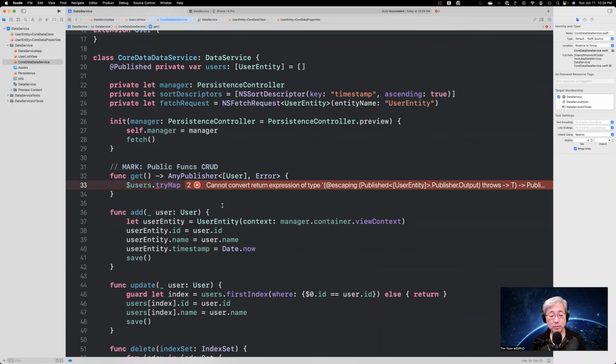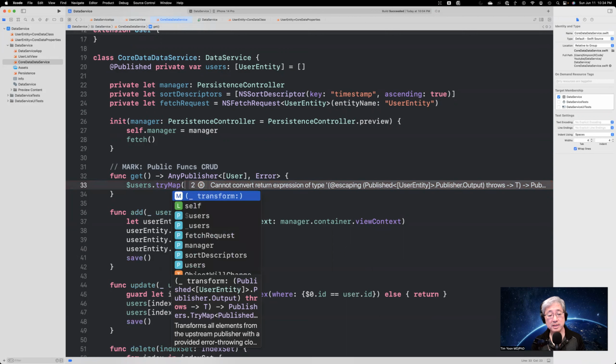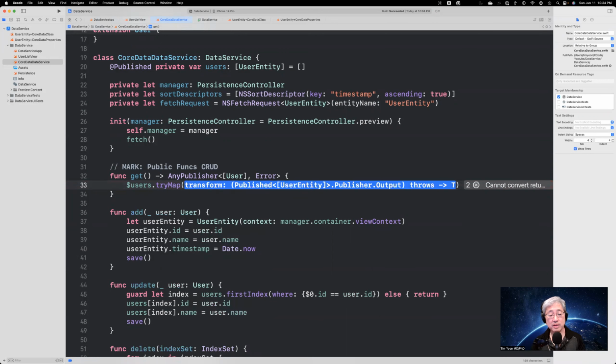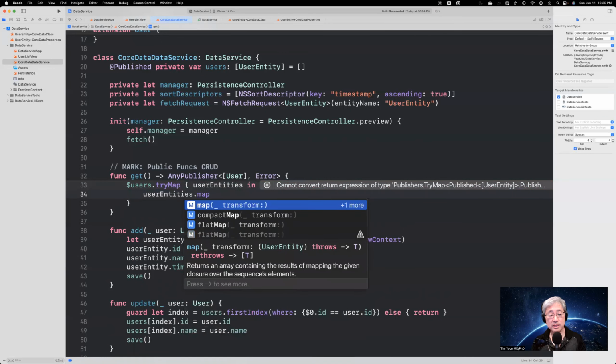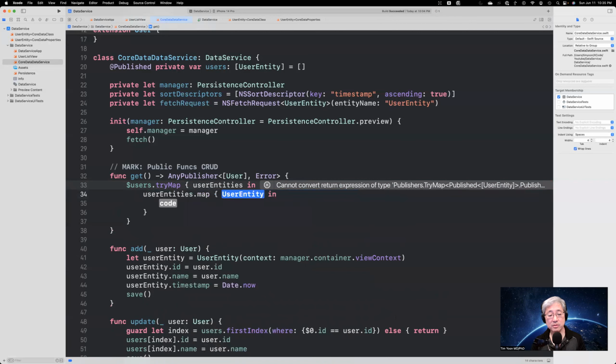I just had to refresh my memory. So what you do is a try map, and then you open the parentheses, and it gives you this transform function. You hit enter, and this is actually going to be an array of a user entity. So we'll just say it's user entities. And then we'll bring that into this closure, and it'll be user entities. And we have to map that because we don't want to have user entities at this point. We want to convert user entity